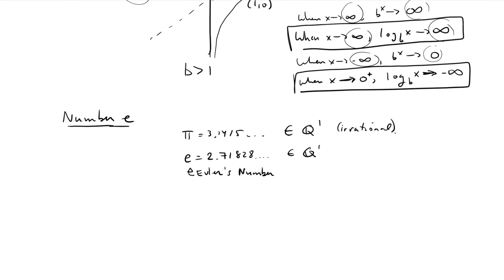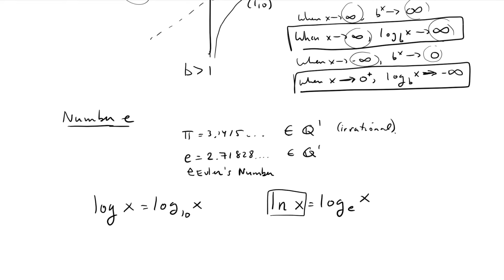And just like log on a calculator has its own button. So the log is log in base 10, right? So log of x is log in base 10 of x. There's another button on a calculator. It's called ln. So ln of x is actually the log in base e of x. And yeah, so just mentioning that there are these two important